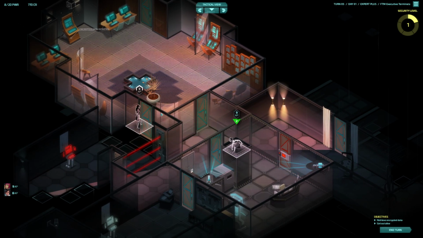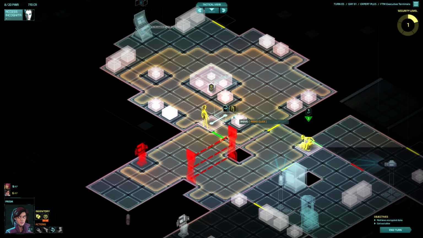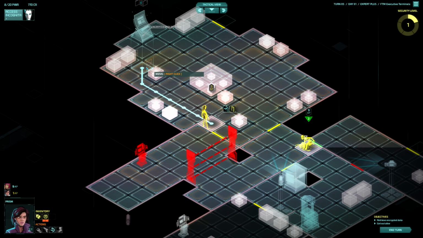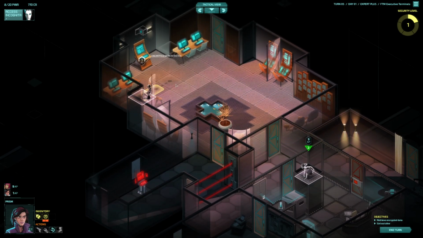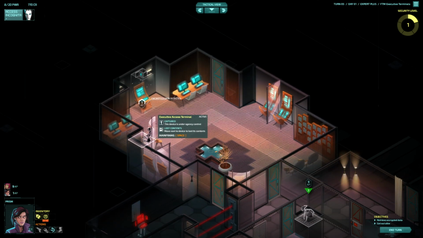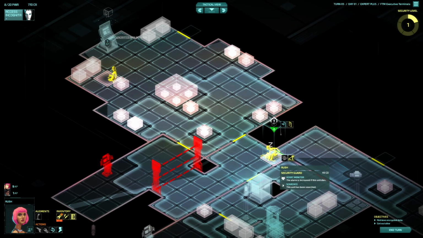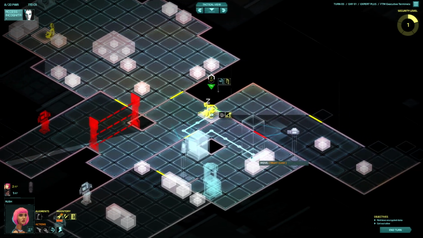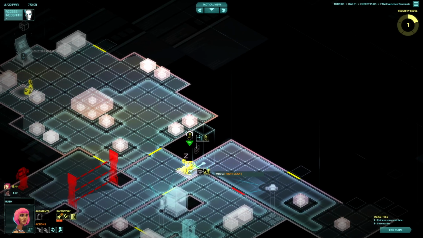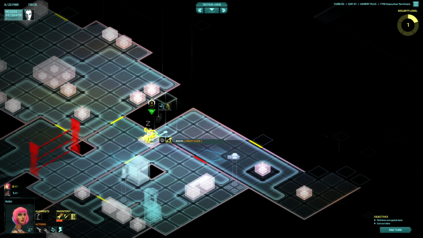Gonna do something like this. I just want to see what else is over here. Nothing. Okay. I'm not gonna take that one extra step just in case. So that's good. Something I can hack for 3 power. That's pretty good as well. But I want to use my golem as much as possible. So let's